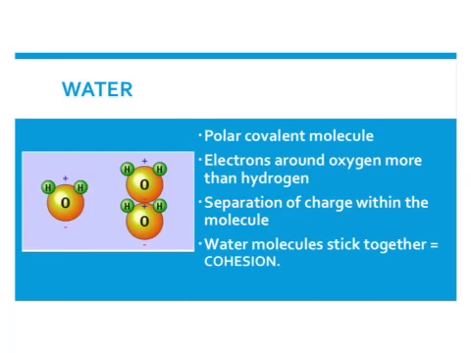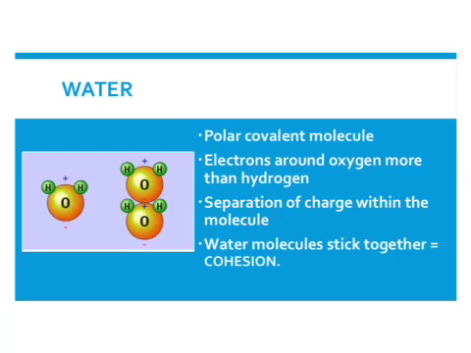A very important polar covalent molecule is water. In water, the hydrogen atoms are just a single proton, really. They do not have much attractive force for the electron, and so the electrons spend a lot more time around the oxygen, which is a larger atom, than they do around the hydrogen, creating a polarity within the water molecule itself. One side is slightly positively charged, the other side is slightly negatively charged, so there's a separation of charge